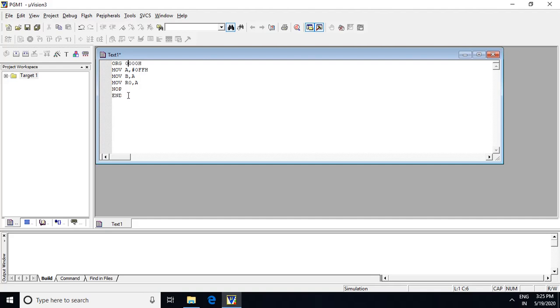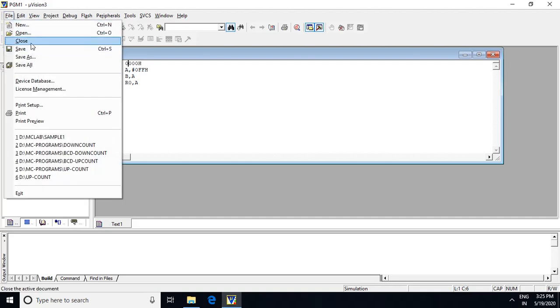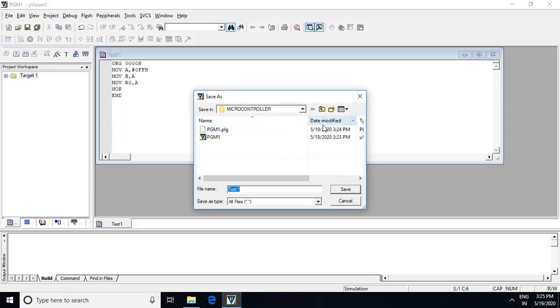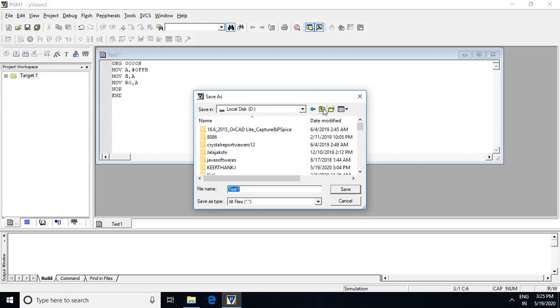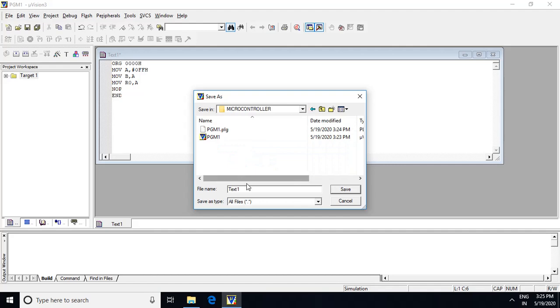Once the program is written, the next step is that you need to save the program. Go to File and select Save. You need to look for your folder. The folder which I have created is microcontroller. Inside that folder you have to save the file.